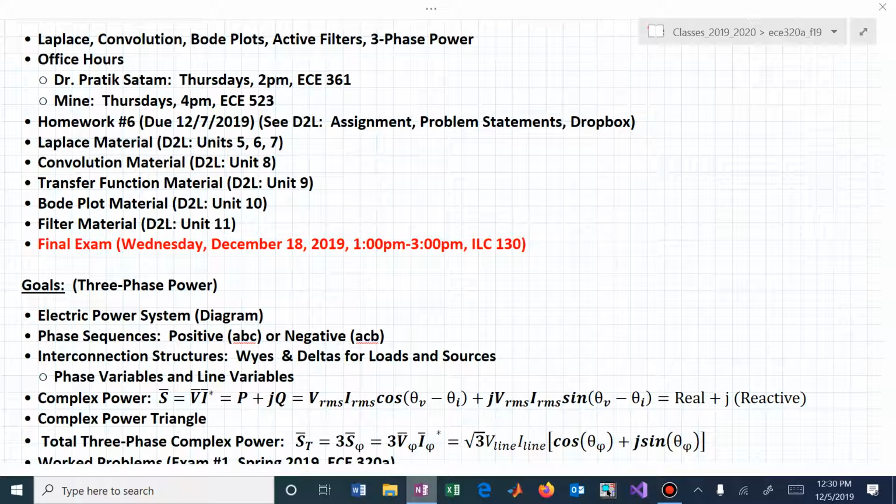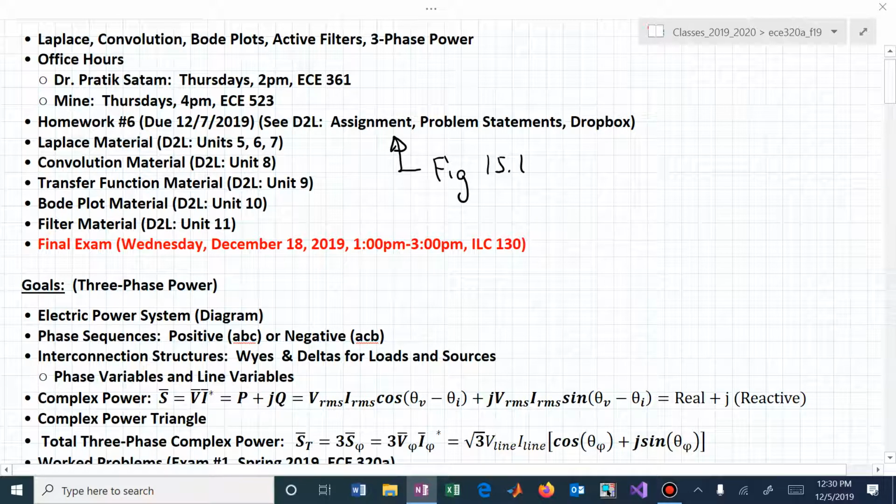And the homework assignment, somebody was asking about figure 15.1 in that homework. That's actually in yesterday or Tuesday's lecture notes. One of the first figures that was displayed was figure 15.1. So if you don't have access to that figure, you do now. If you just look at the bottom of the first page, top of the second page, hopefully you can cut and paste that to figure out what figure 15.1 looks like